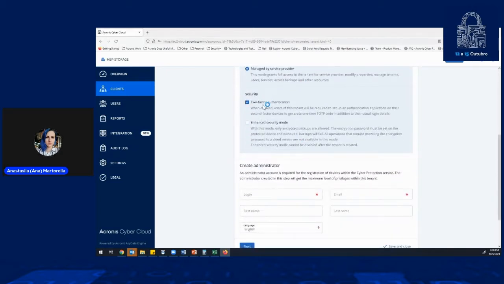Then the security options. Two-factor authentication, as you see, is enabled by default. Well, we recommend having it. If you do not want it, you can always disable it even after the creation of the account. Enhanced security mode, you see that with this mode, only encrypted backups are allowed. The configuration of this encryption is made on the machine. So as soon as you install the agent, you need to perform the configuration of the encryption on the machine. And then each operation that you do requires confirmation from the machine. So you need to put the password